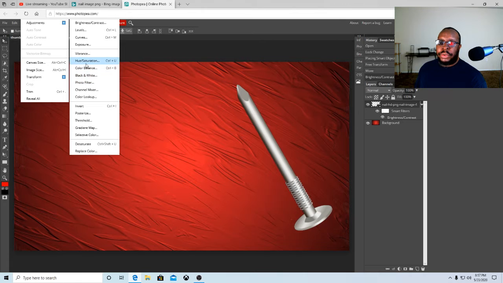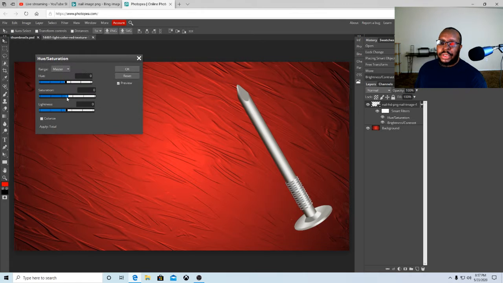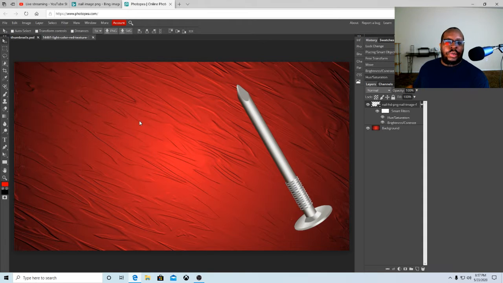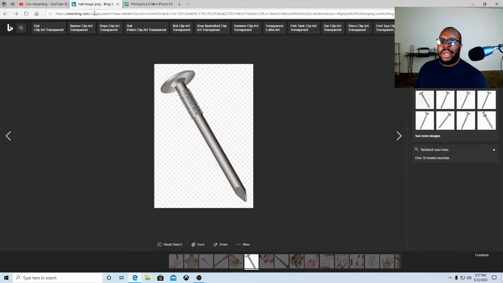Let's say you want to change the hue, saturation. That's there too. Saturation, if you want to bring it up, or bring it down. You can see it changing ever so slightly, but we're going to leave that alone as well. I'm not going to worry about the hue, but that's where all that is at. So now what I want to do is I'm going to go back,